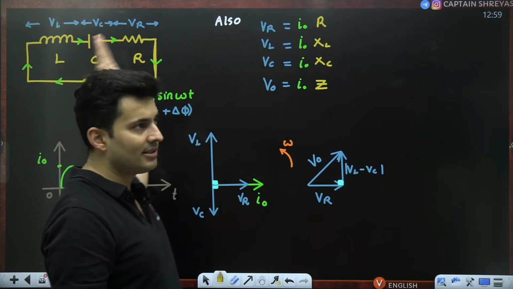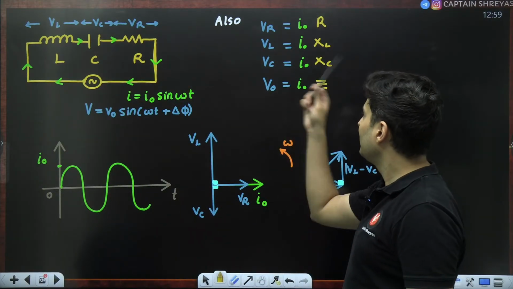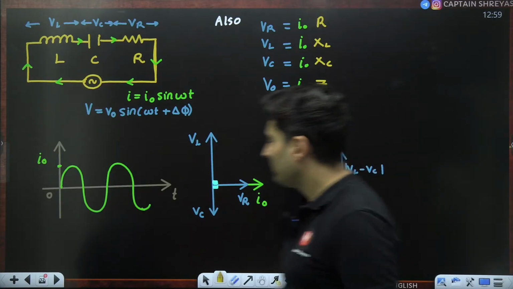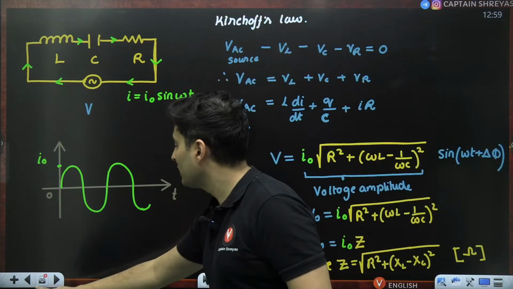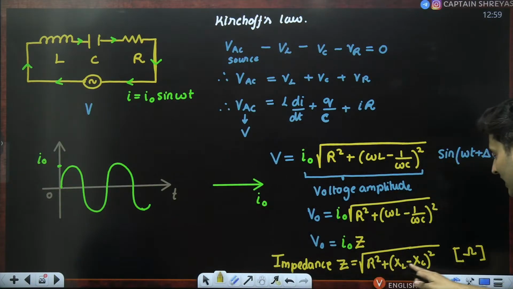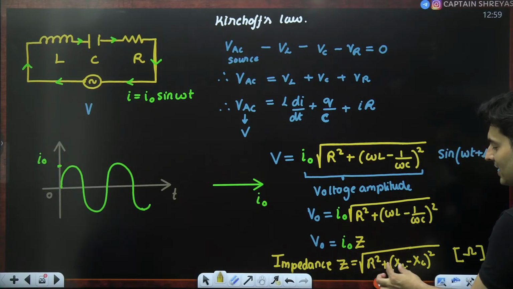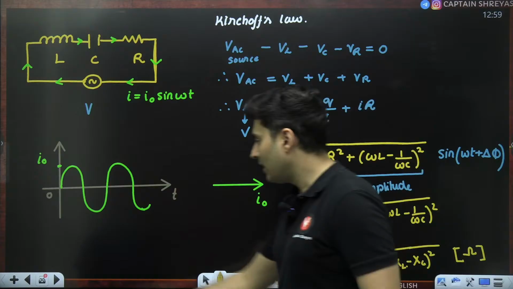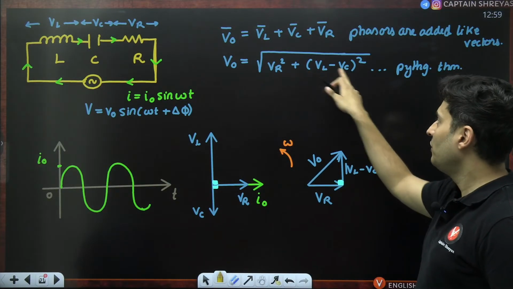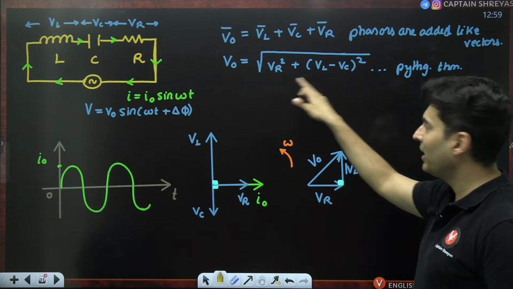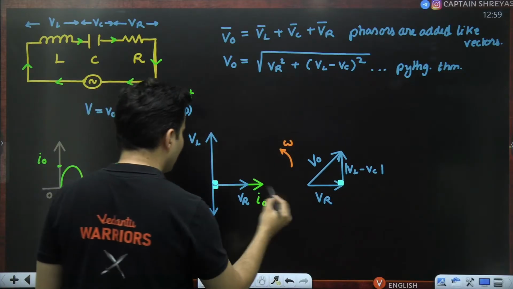These three things we had just seen before the break. Very, very identical looking equations. Since we have also told the total voltage is the square root of this square plus this minus this square, and before this I had told Z is the square root of R square plus (XL minus XC) square, this looks very similar. Impedance is resistance square plus (XL minus XC) whole square under the root. Same thing, total voltage is the resistance voltage plus the difference of the voltages across inductor and capacitor squared, whole thing under the root. Meaning, instead of VR, VC and all these things,